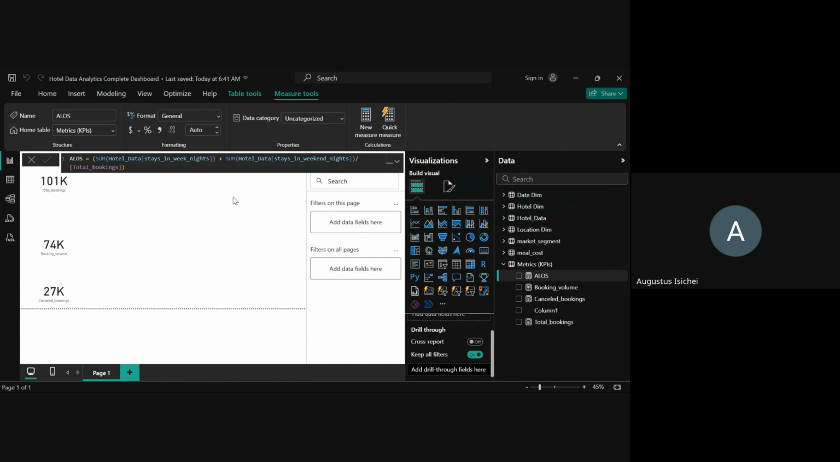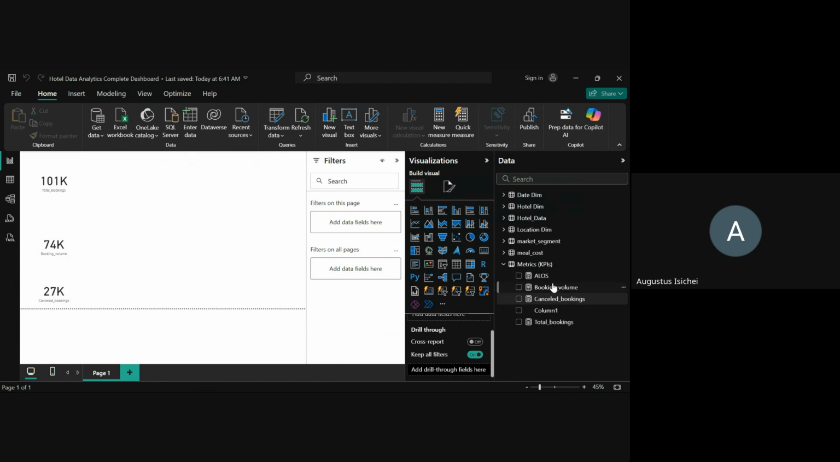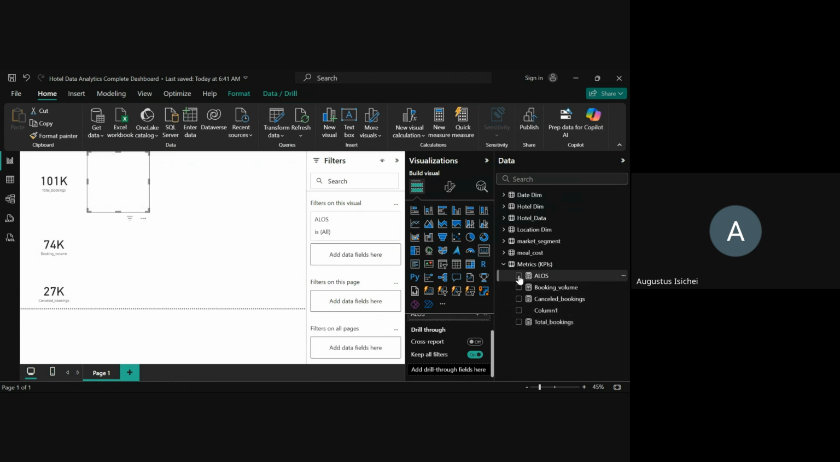All right. So when we visualize this on a card, let's insert a card and visualize ALOS. We have 266.20K. So we said that the metric helps us understand how long guests typically stay, which is useful for planning and pricing. Now, when you have this value,